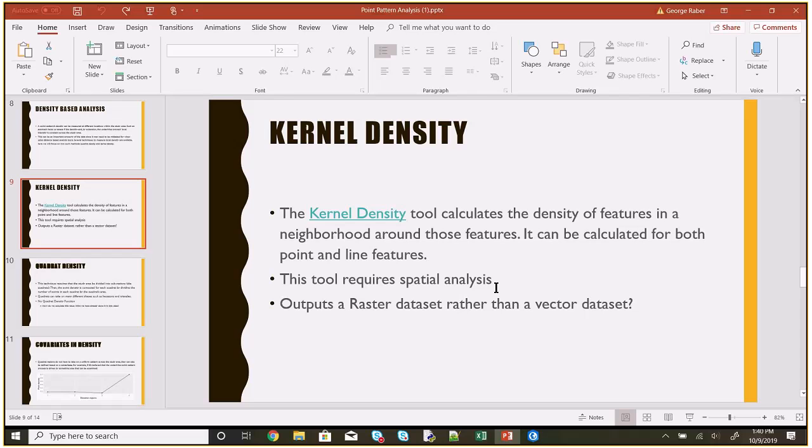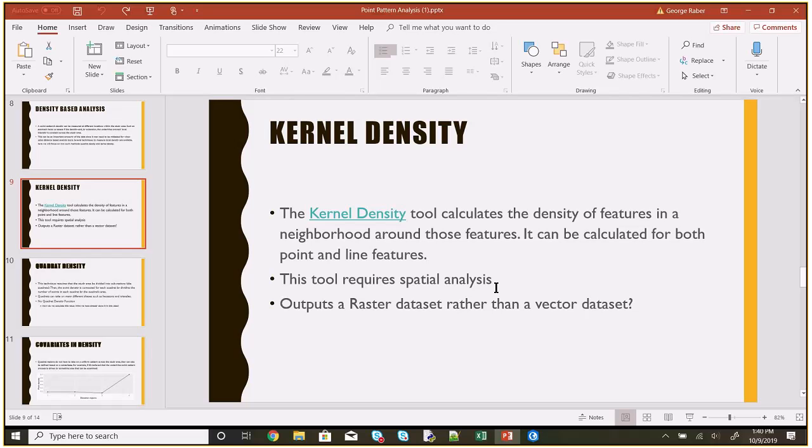Okay. So we're not actually going to cover kernel density in this course. We cover it in the other course, but it is a tool. It requires a spatial analysis license, and it's very similar to quadrant density, except the number of features will be overlapping. It'd be kind of like if we did our